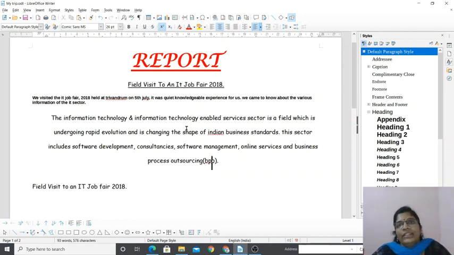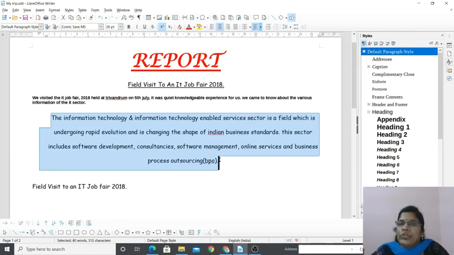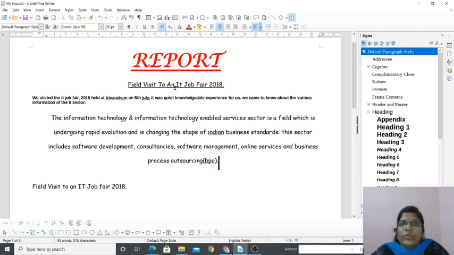Aligning the paragraph is the second type of formatting for the paragraph. Clear? Then the third one is giving a font color, highlighting and giving a background color for the text. First you have to select the paragraph. I'm selecting this paragraph and I'm going to give a font color. Do you know how to give a font color? Yes.